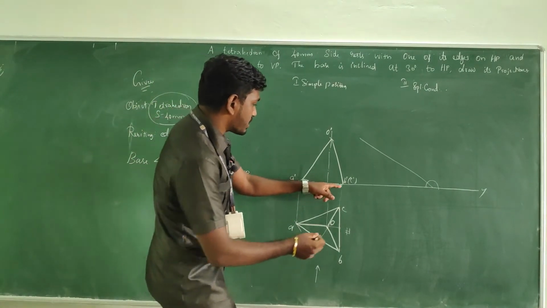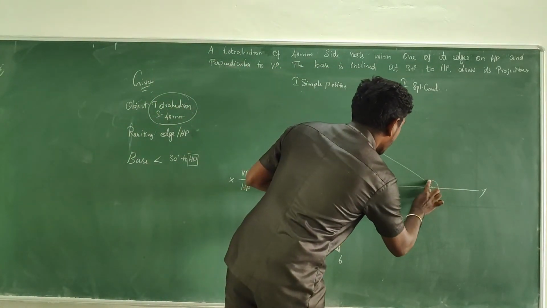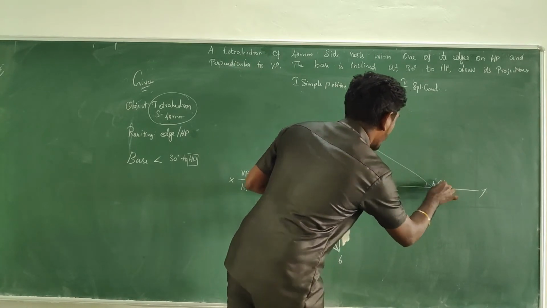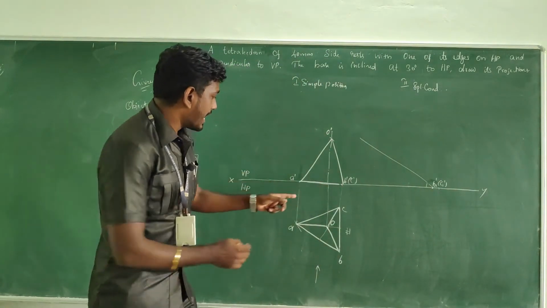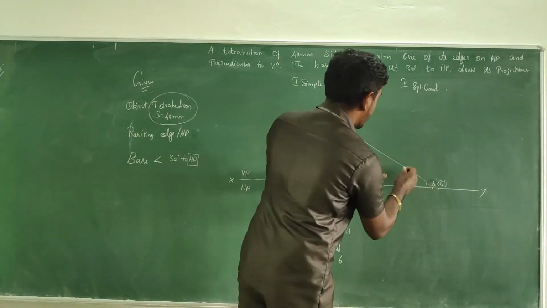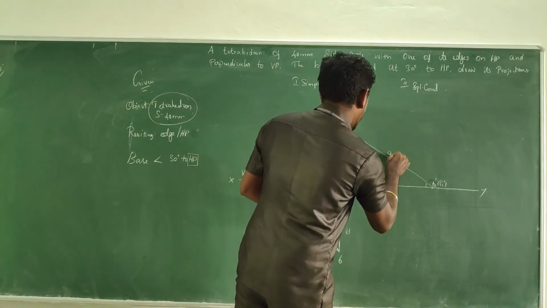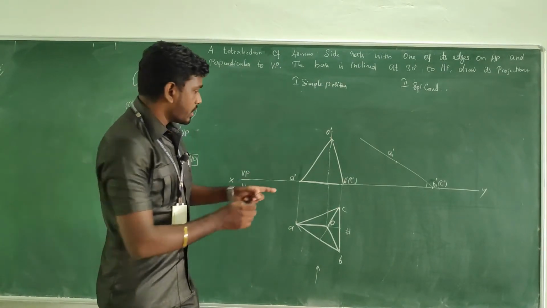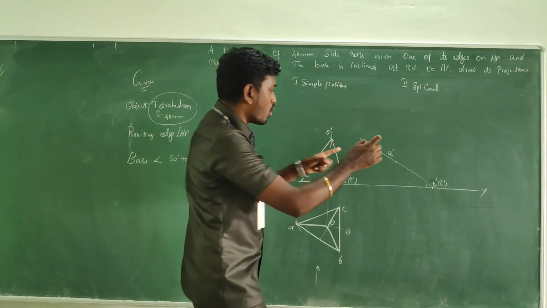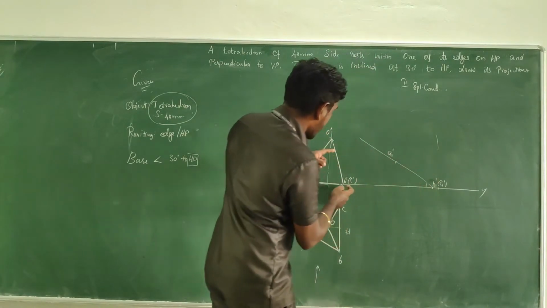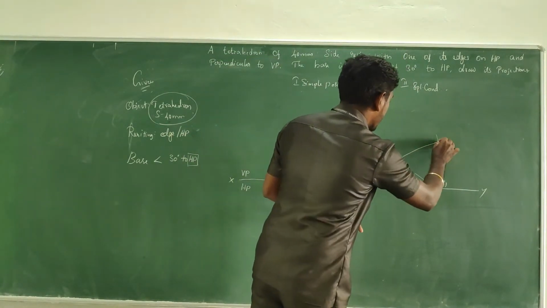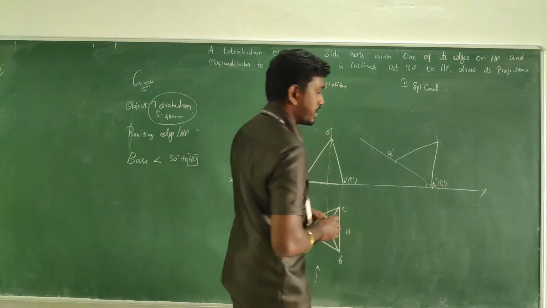First take the edges B1 dash and C1 dash on the XY line, and take the measurement B to A and just make a cut mark. So this would be A1 dash. Now identify O, for which take the measurement A2. What is the measurement? Make a cut mark. From B2 measure it, make a cut mark, so that you could identify the triangular face.